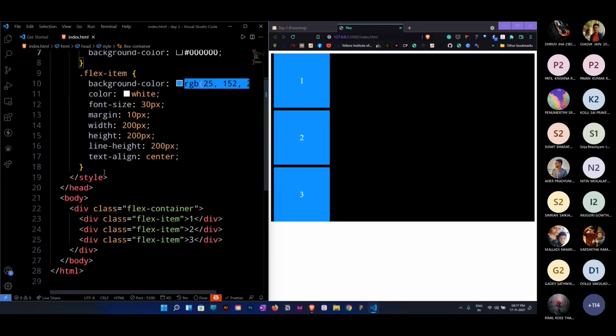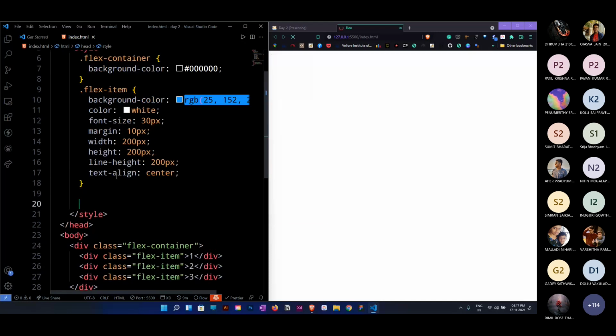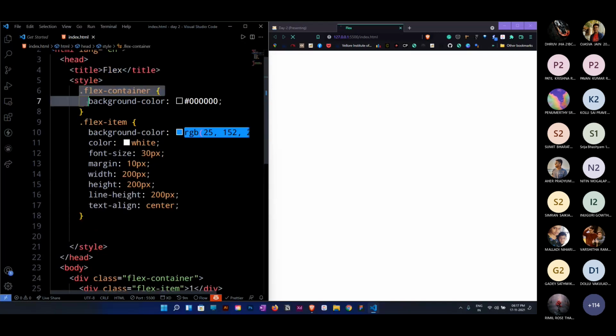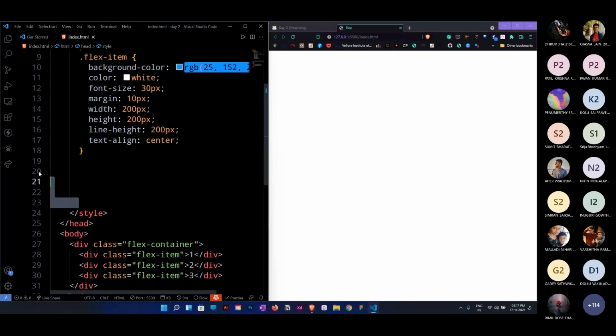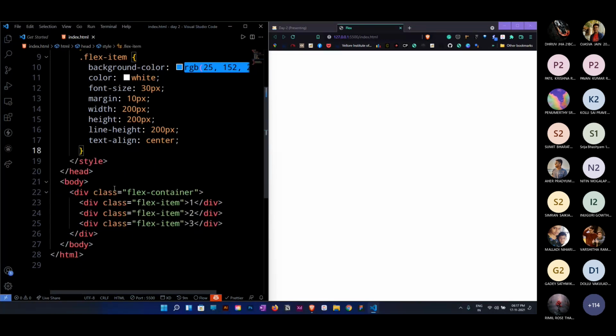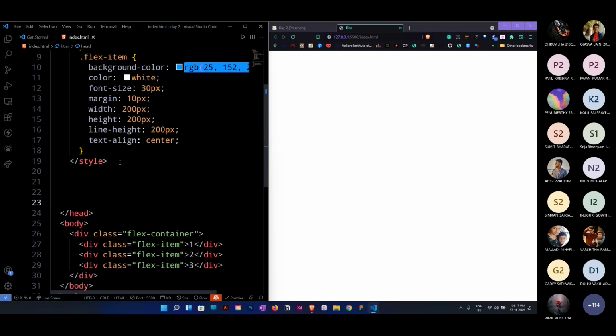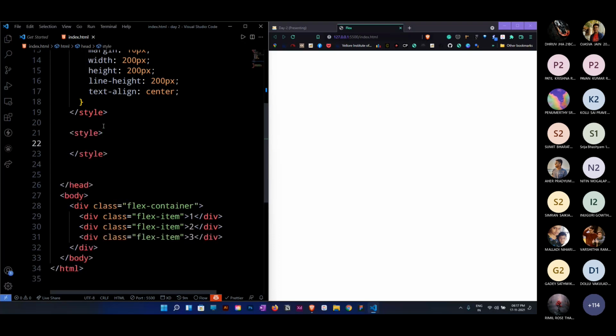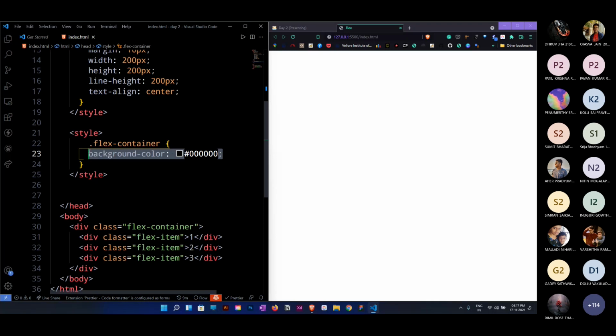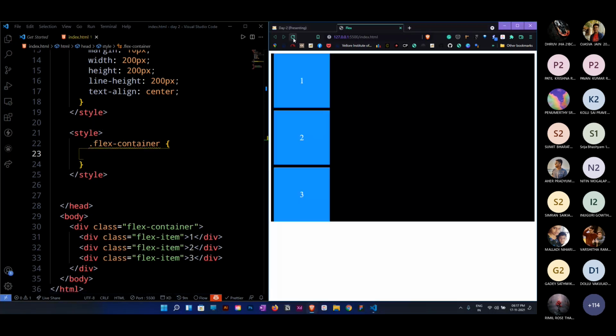Okay. Now the actual flex thing, I'll just make them separately. No need to mix them with that thing. You can also have another style tag with the same HTML. You can have multiple style tags as well. You just take another style tag. Here I will say background. Now let me just reload this. Yeah, perfect.